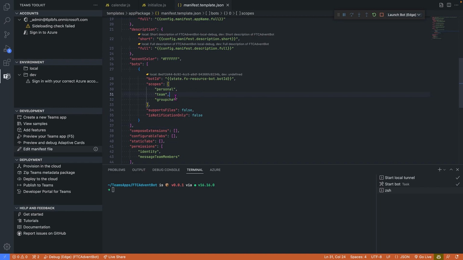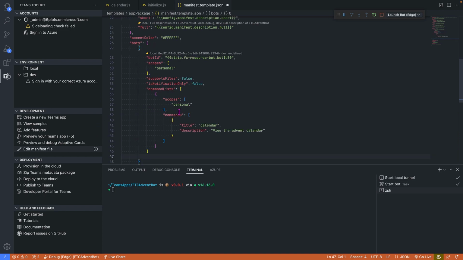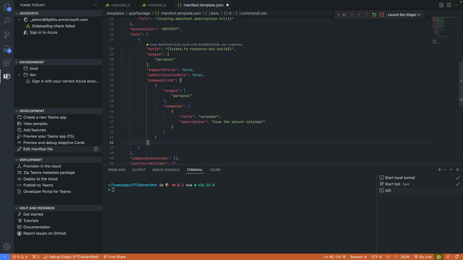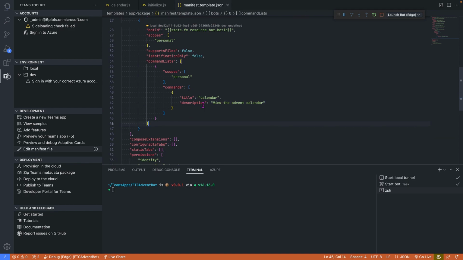Now actually for this scenario we can remove these because we're only using personal. We don't want it to be used in Teams or a group chat. So let's remove that. But one thing that we can do in here is add a new property called command lists. If we add this in here, this basically defines that there's a command called calendar and a bit of a description in there. And that's what's going to get shown when the user of our bot gets focus on